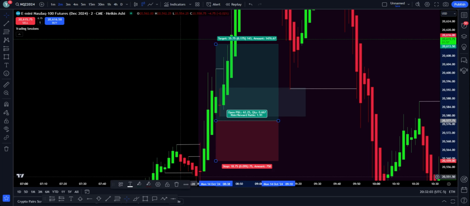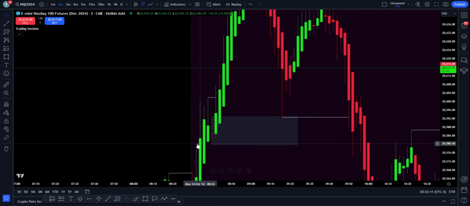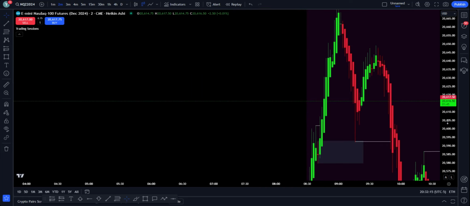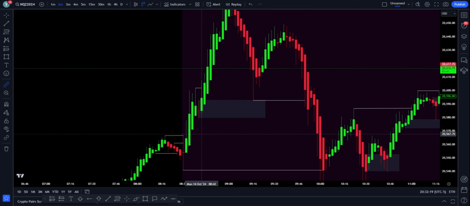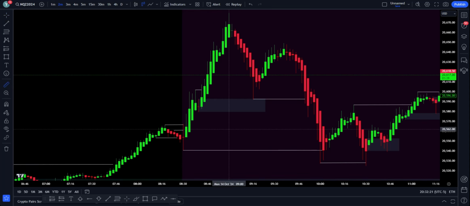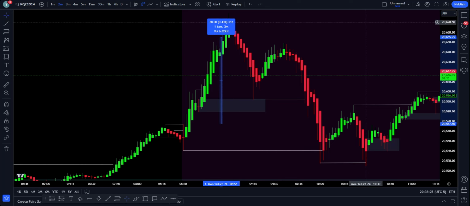So you want to get in right here on this break, and wait for the market to stabilize, then put your stop loss automatically underneath this. So then just wait for the market to push back up. But as you can see, the market did that and eventually pushed all the way up. So if you held this trade, you would have captured, I mean, let's see. So on the 2 minute, we are looking at almost